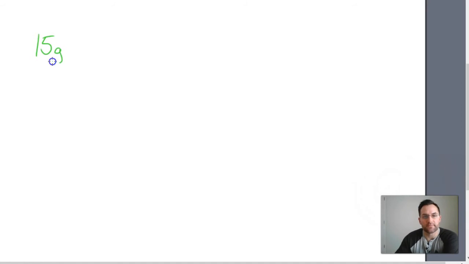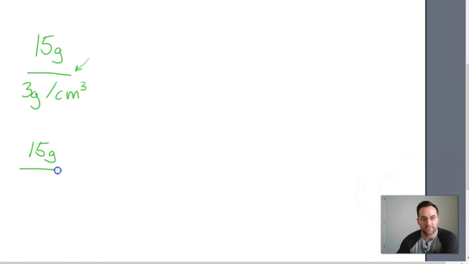We're going to do 15 grams divided by, or per, 3 grams per centimeter cubed. So we see a unit of length right here, cubed, so volume, and we see a unit of mass per that volume. So we see some density equation right there. Okay, so we have 15 grams divided by 3 grams per centimeter cubed. It can look a little daunting at first, but we can just rewrite this. Because this per symbol here, that's just division. So we have 15 grams is the same as 15 grams over 1. It's the same thing. Divided by 3 grams